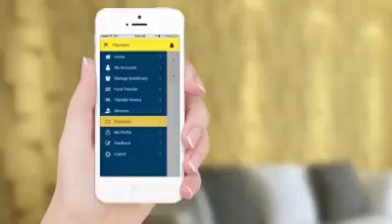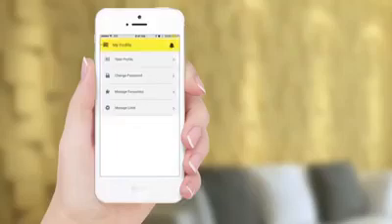And while you are here, you can also manage your favorites and set limits on your bank account. View profile. Your profile basic details